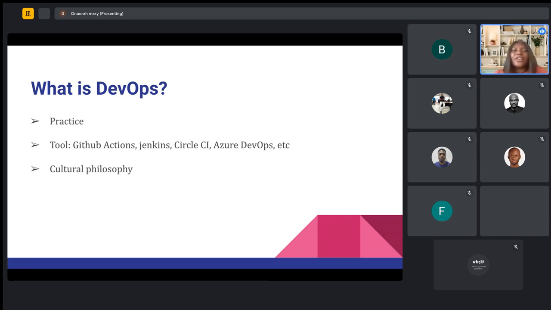So personally, I define DevOps with three main points, which are practice, tool, and cultural philosophy. So I define DevOps as a practice, as a tool, and as a cultural philosophy. And so what is DevOps as a practice? So DevOps as a practice